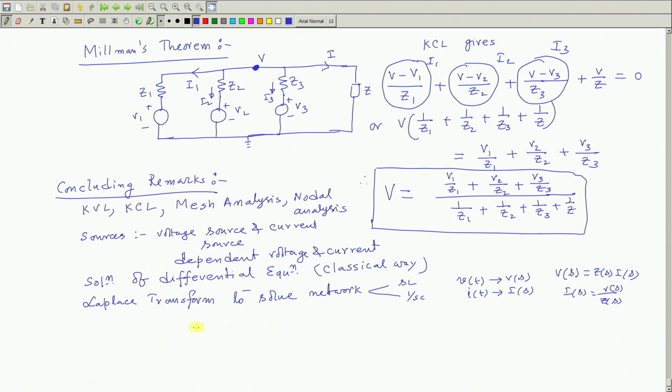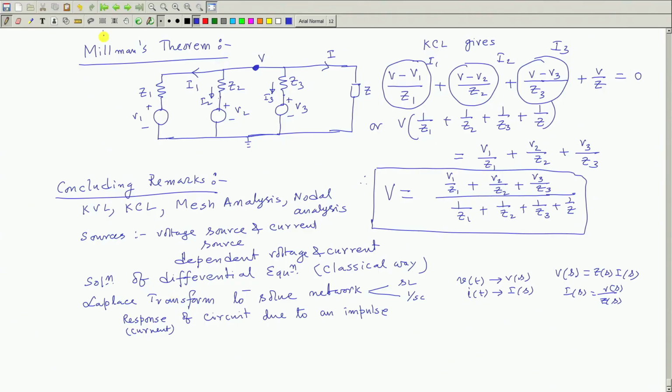Remember, I also discussed somewhat at length what happens if the source is somewhat awkward, like an impulse source response of a circuit. Response of a circuit means maybe current response due to an impulse. Now, of course, all these rules were developed for linear time invariant circuits, and therefore, several interesting rules were developed.